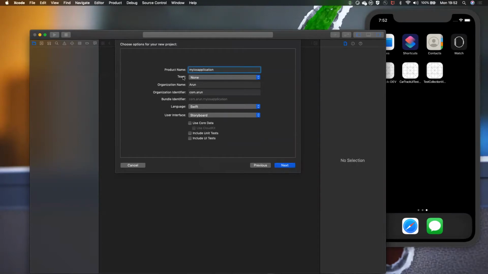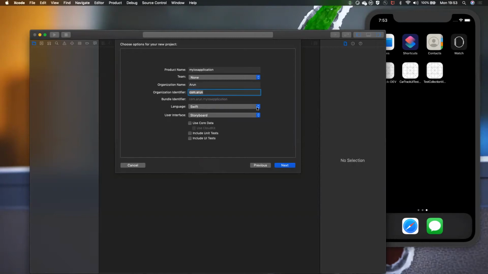And the team, if you are working in any organization, so initially I said like Apple developer account, you can use that account. And the organization I'm specifying like my name and the identifier, this will be unique. So for each organization, the application name will be unique. It will be like com.arun.myios application. So this should be unique in order to post it in the App Store. So this is a required feature. In order to make the update to the existing application, you use only this bundle identifier.